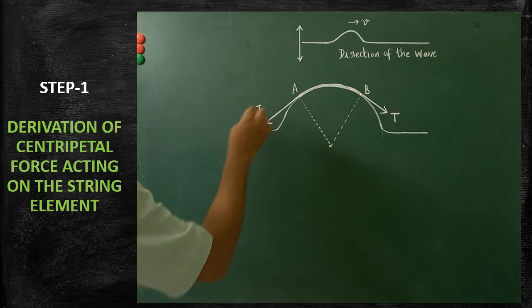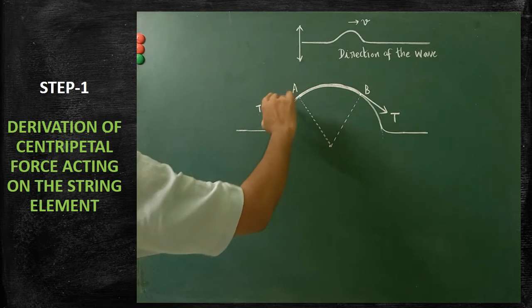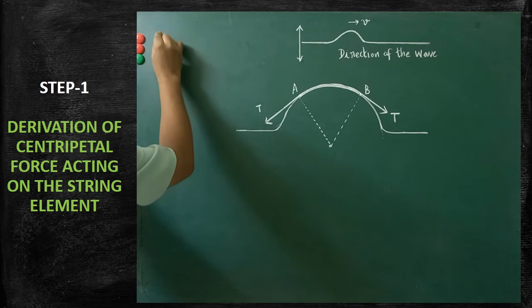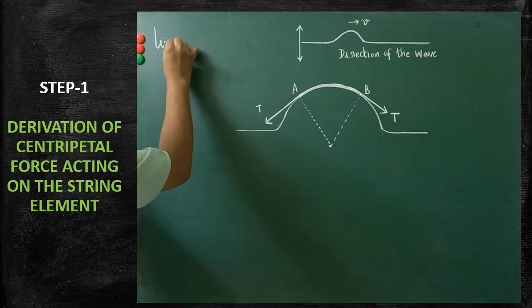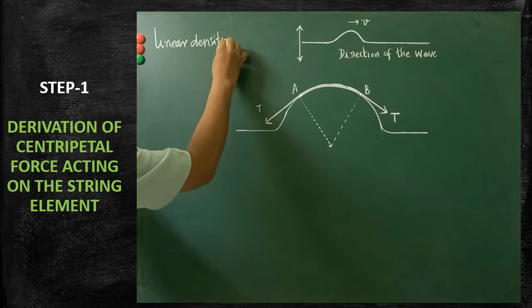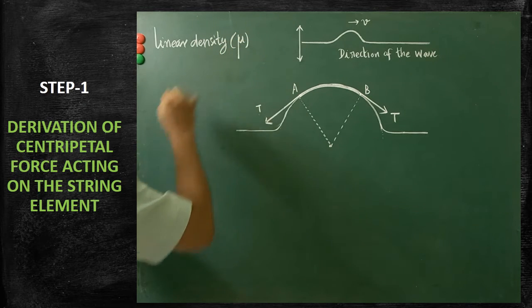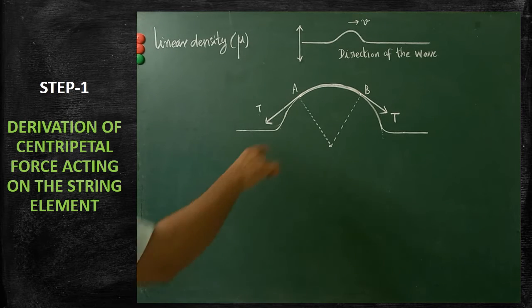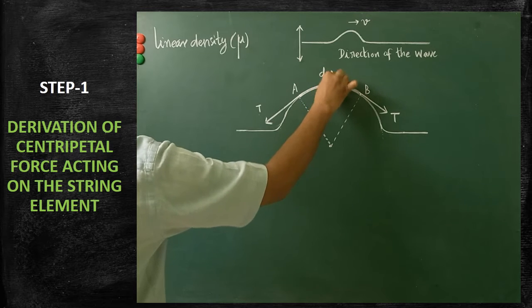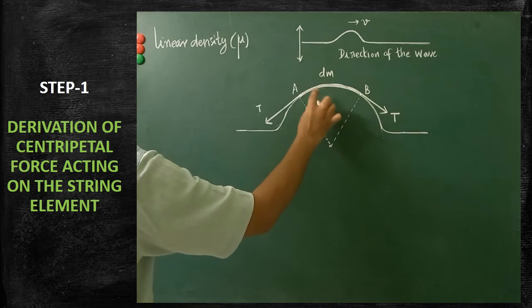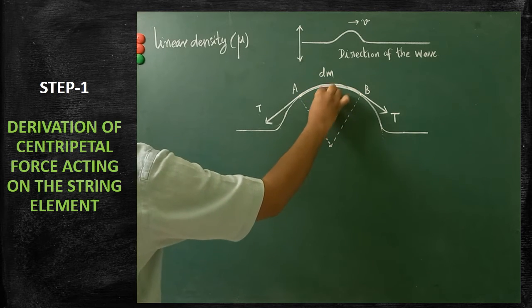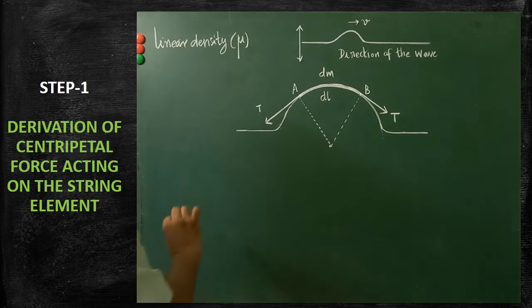Now, let us imagine this AB part alone. Now we are going to calculate the factor called linear density. Look at the term called linear density. It's a very important term. You are learning this term for the first time. That linear density term is represented by the letter mu. Here I have taken a small segment. Its mass can be taken as dm. The small portion AB, its mass is dm. That AB segment, its length can be taken as dl.